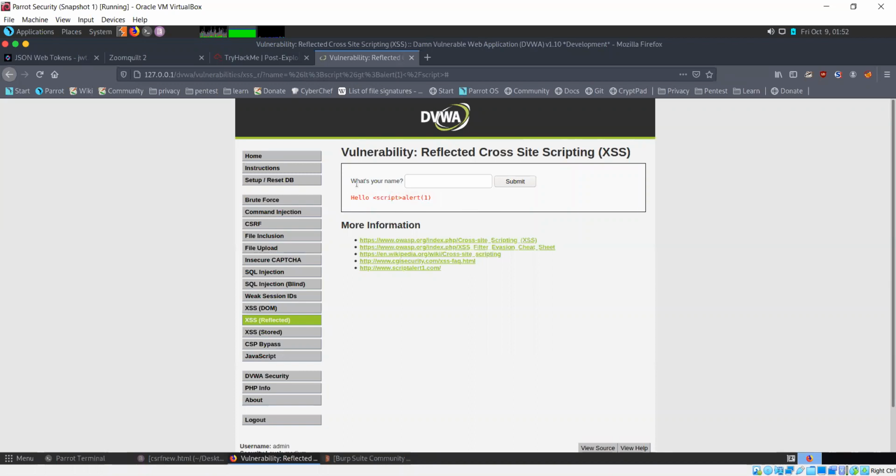But in some cases that might work as well. And of course, we have a lot of different kinds of payloads, like the one I showed with the image one.